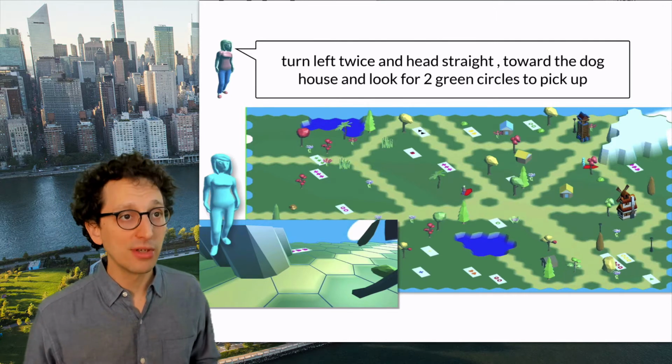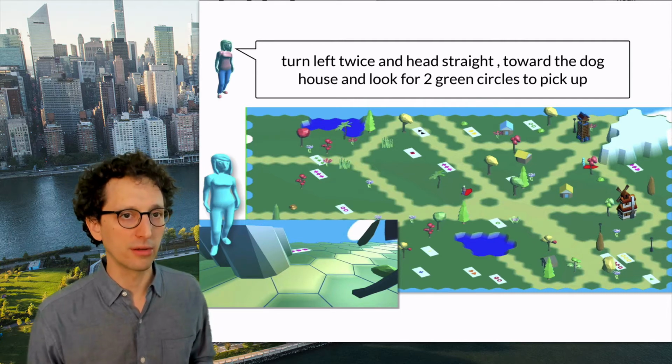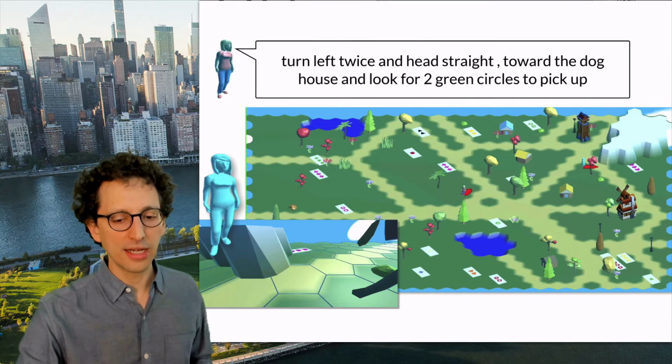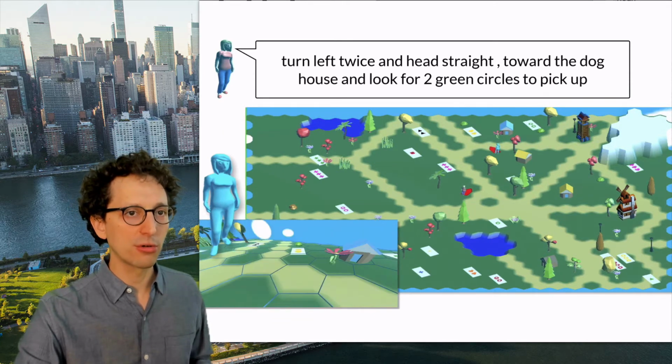The leader starts by giving the instruction: turn left twice and head straight towards the doghouse and look for 2 green circles to pick up. So it wants the follower to go and collect this card here. And as the follower starts the execution, they move a bit in the wrong direction, but they're going to quickly